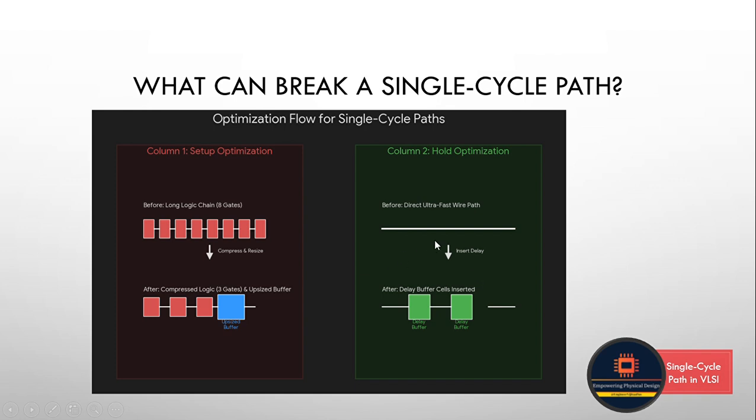For hold, if we have a very big ultra fast wire length, like routing without any logic gates, there we can insert some delay buffers just to slow it down. Okay,